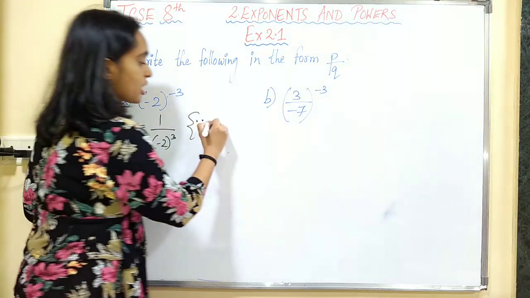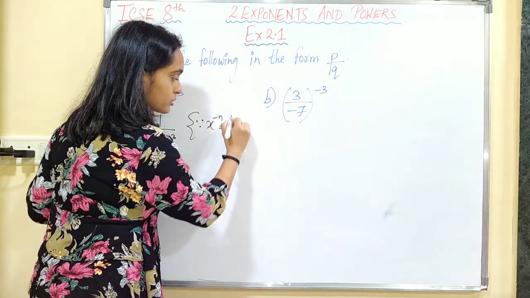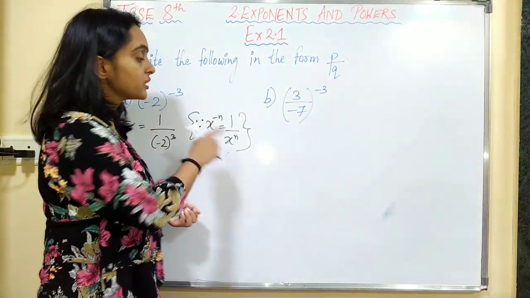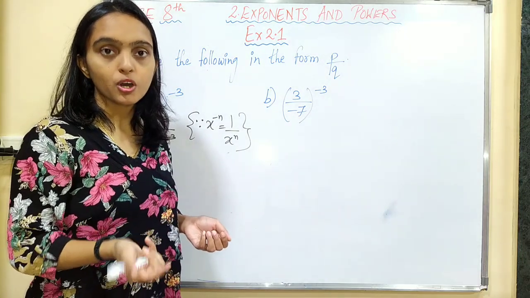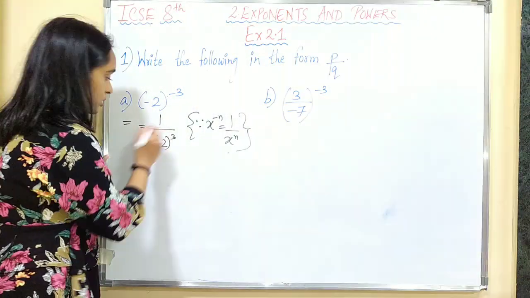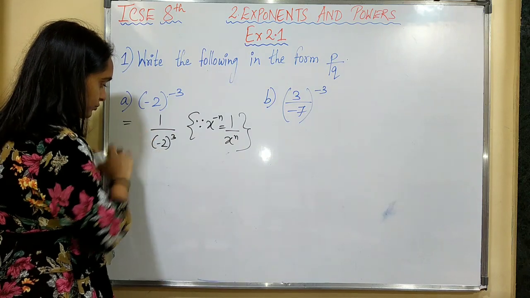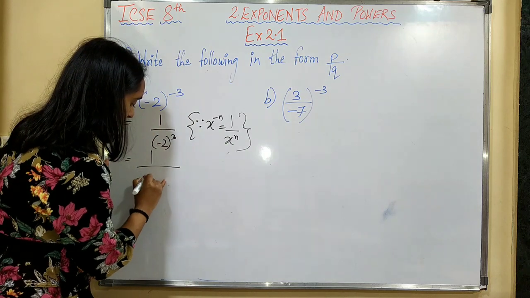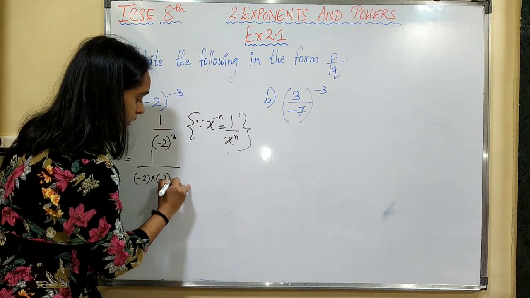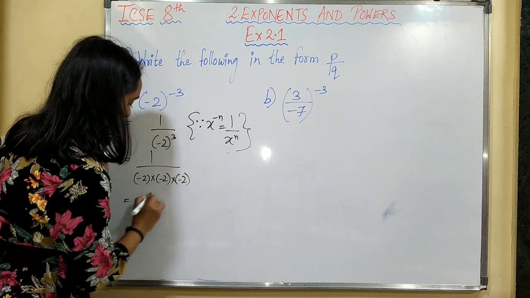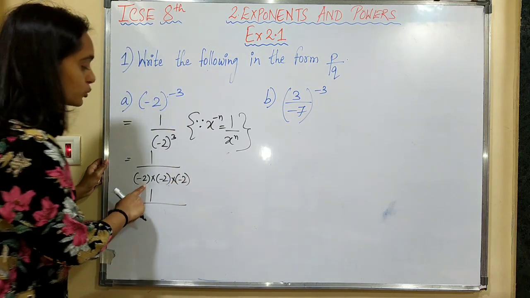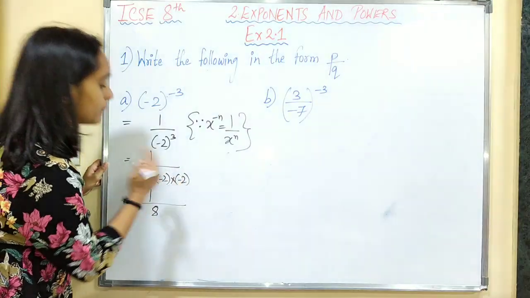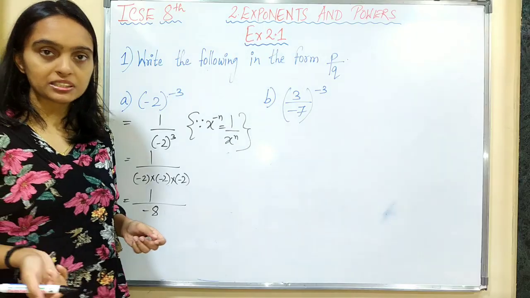By the law, x raised to minus n equals 1 upon x raised to n. Also, it is important to write the laws which you are using in the sums. Okay, it carries marks. Now, you can easily simplify it. 1 upon minus 2 raised to 3. So, it means minus 2 multiplied by minus 2 multiplied by minus 2. So it will be 1 upon, 2 twos are 4 and 4 twos are 8. 8, and minus minus is plus and then minus. So 1 upon minus 8 will be the answer.